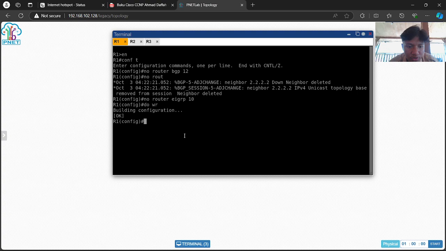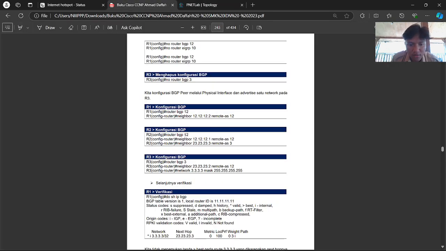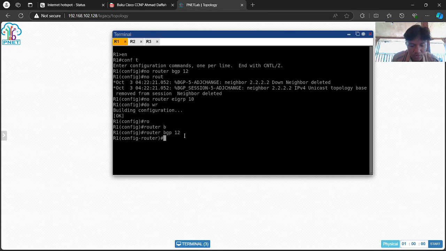Now we're going to add router BGP 12 again and make a neighbor to 12.2, and don't forget the remote AS is 12.